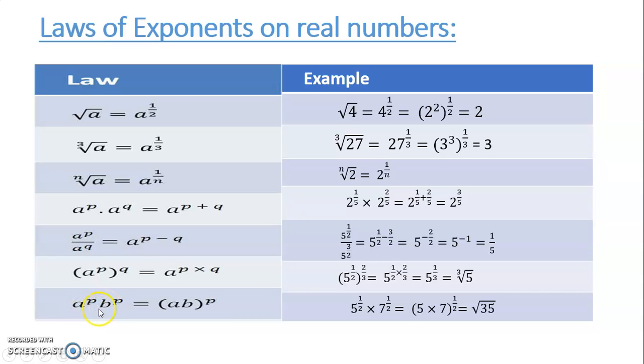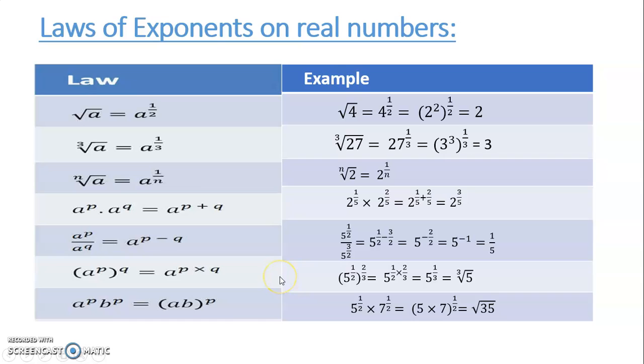Then see a and b, the base here is different but the exponents are the same. This p is in the exponent. Then you can multiply both the bases. See over here, 5 raised to the power 1 by 2 and 7 raised to the power 1 by 2. So you can see the exponents are the same and they are in multiplication, meaning the bases are in multiplication. So you can just take the exponent in common outside. You have to multiply these two. 7 5s becomes 35 raised to the power 1 by 2, and you know that it becomes a square root, or 1 by 2 it is equal.